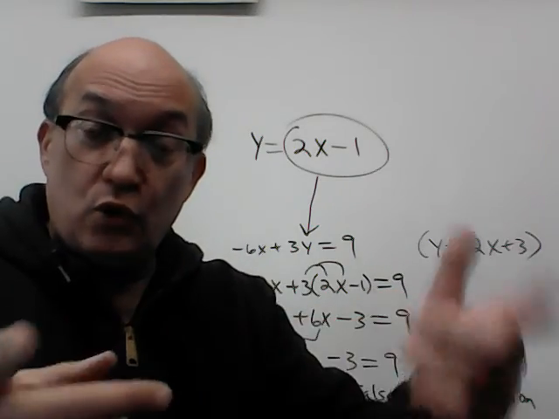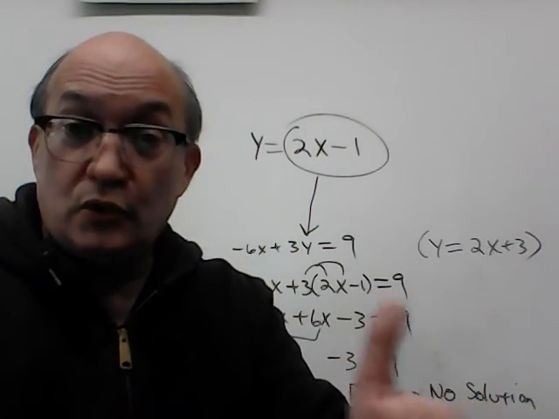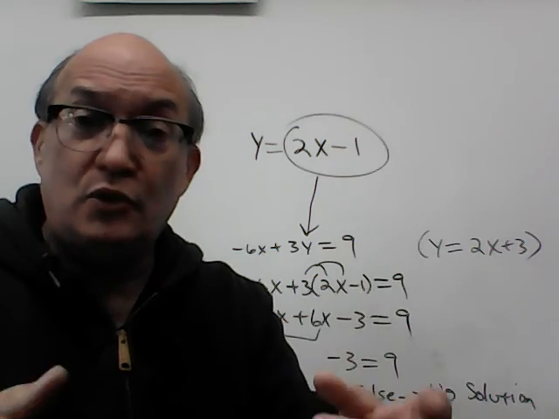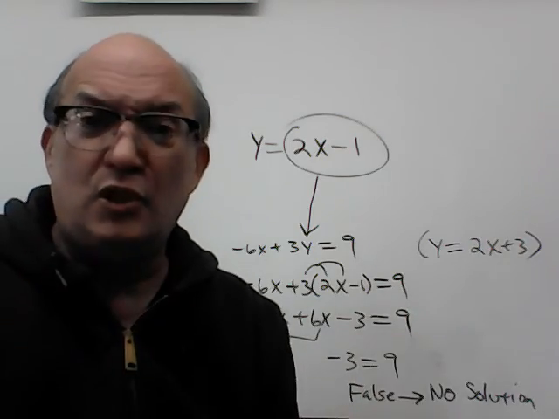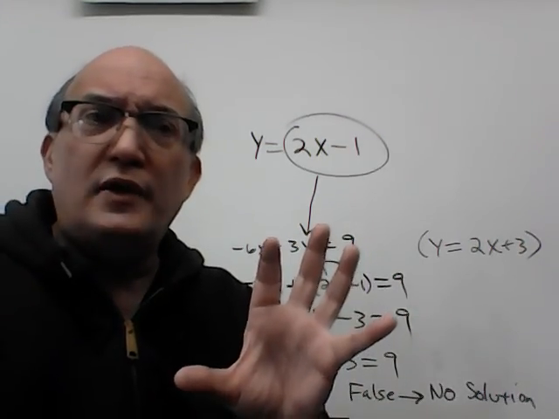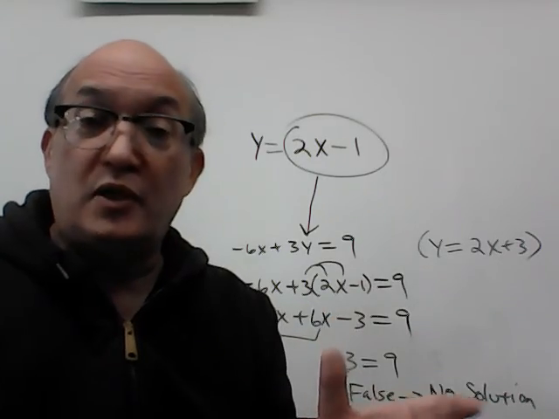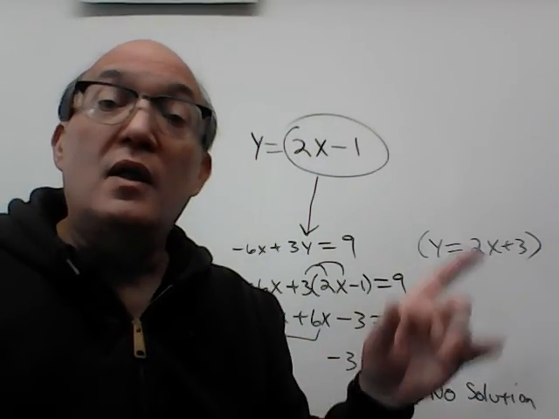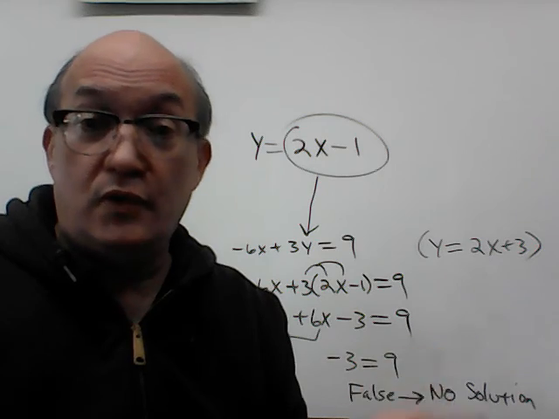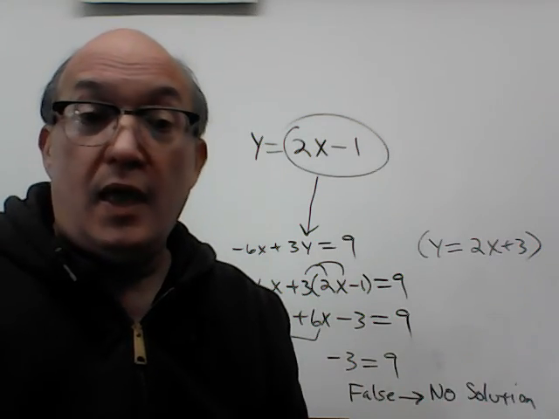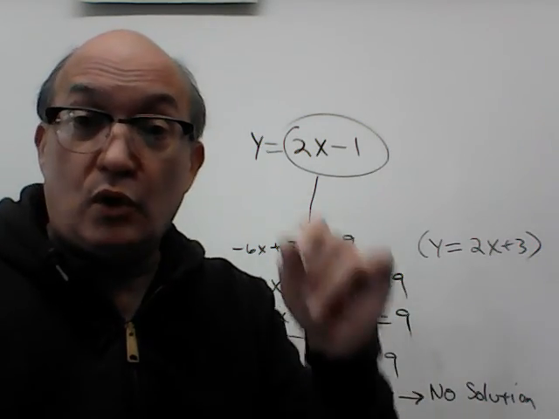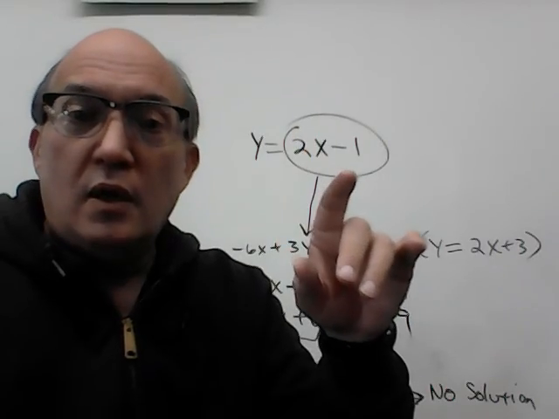And then if you have two distinct parallel lines with no solution, they have the same slope. So that's really what creates those two special situations, where the slopes of the two lines are the same. And we're going to explore that in a little bit more